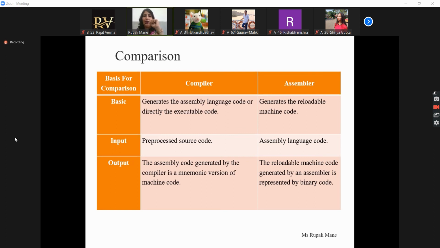Then compiler के लिए input क्या रहता है? Pre-processed source code रहता है. मतलब इनपुट क्या है, हाई लेवल लैंग्वेज में जो कोड लिखा है that is called a pre-processed source code. Okay, so that will be the input to the compiler, whereas assembler में assembly language will be the input. Okay, and output क्या है, assembly code generated by the compiler is a mnemonics version of machine code, re-loadable machine code. दोनों केस में output आपका क्या आएगा, मशीन कोड आएगा। ओके, लेकिन कंपाइलर में असेंबली कोड हो सकता है।